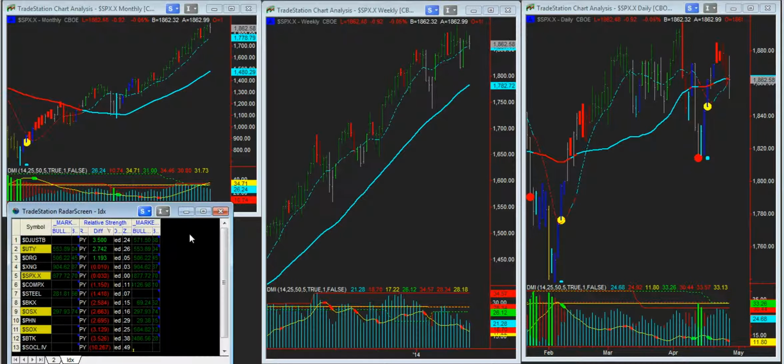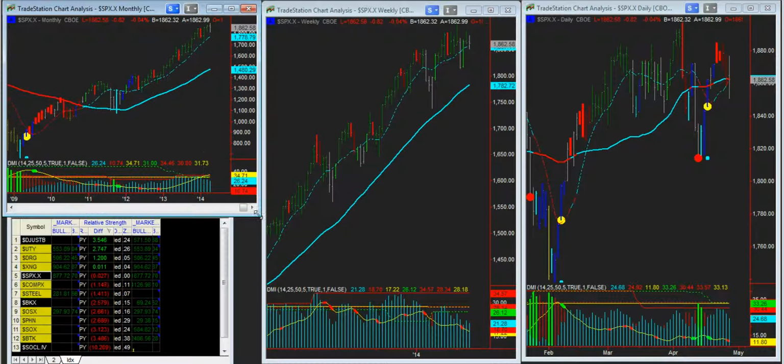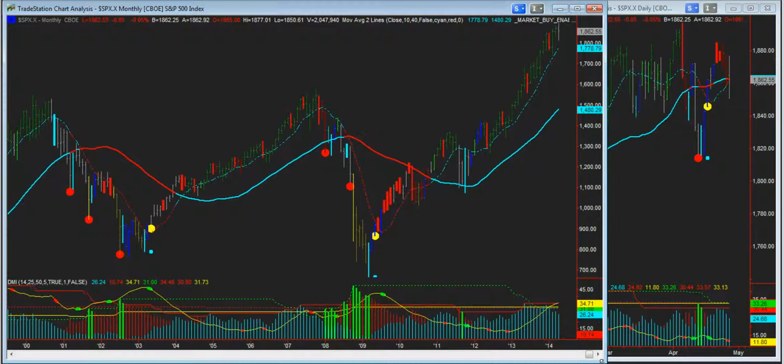It's been a little frustrating. Again, tactically, we'll even start the monthly this time. We're still in an uptrend. We're still in a bull market. But as you can see on this monthly chart, here's the low of 2009. We've been in a very steep uptrend, and